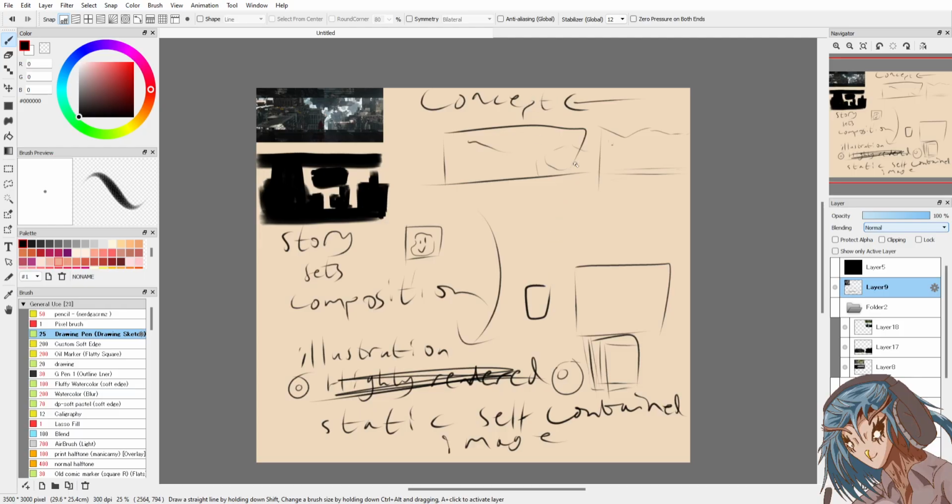I don't like rendering. Why would I push that much rendering if I just don't like doing it? Same way I don't really like doing tedious line art. Why am I doing it? I stopped doing it.